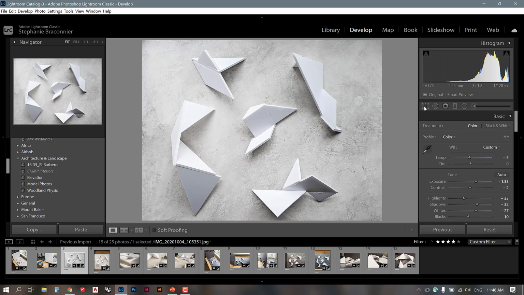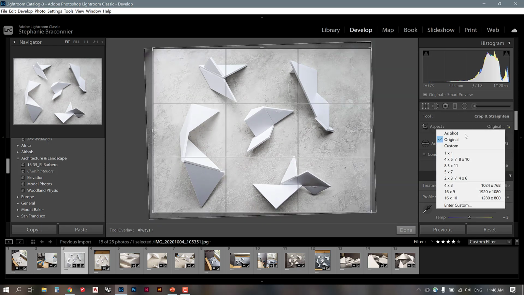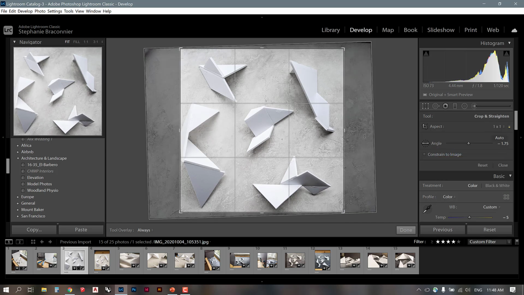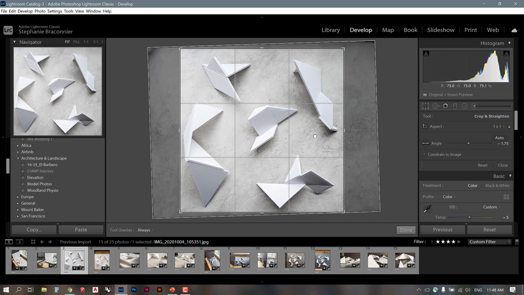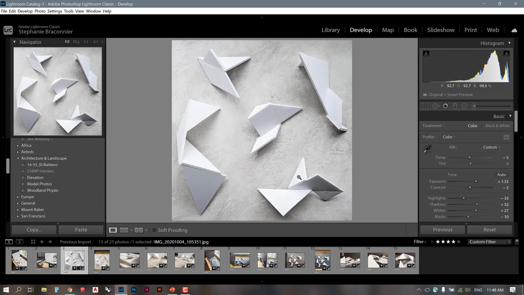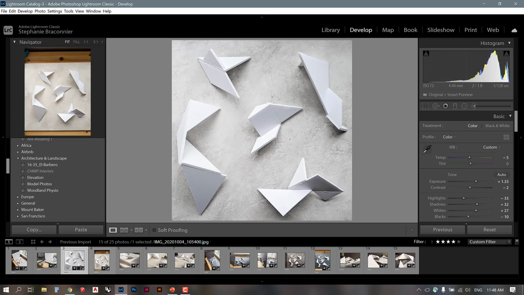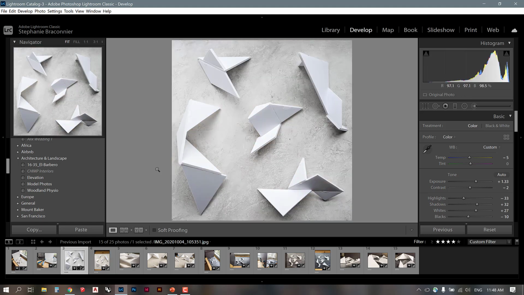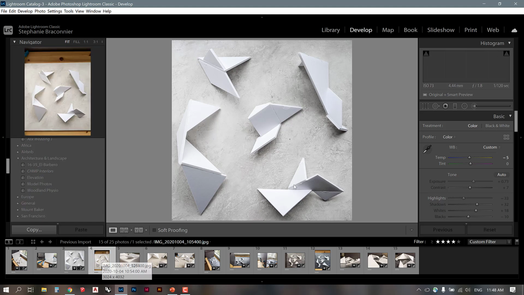And then I can go into my crop overlay and select a crop ratio. So I'm going to select 1:1 because I want this to reflect my 50 centimeter by 50 centimeter approximate model. So I'm going to select that. And then I could say this is a great base for a plan to draw into Rhino. So if I think this is too closely cropped and I need a little bit more space, I might use